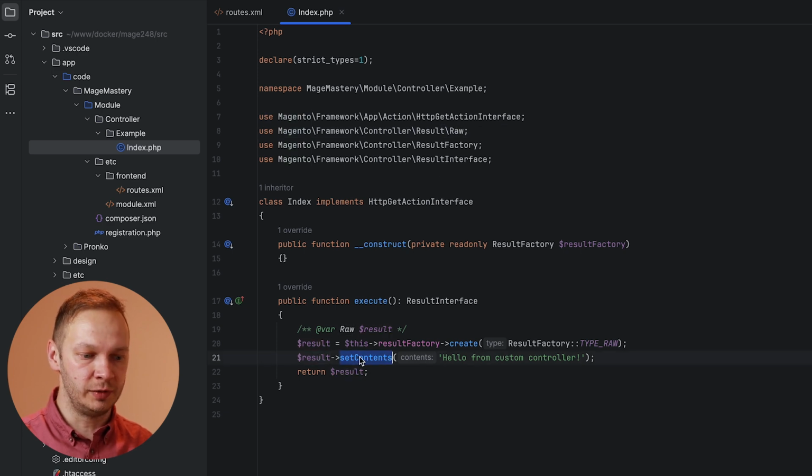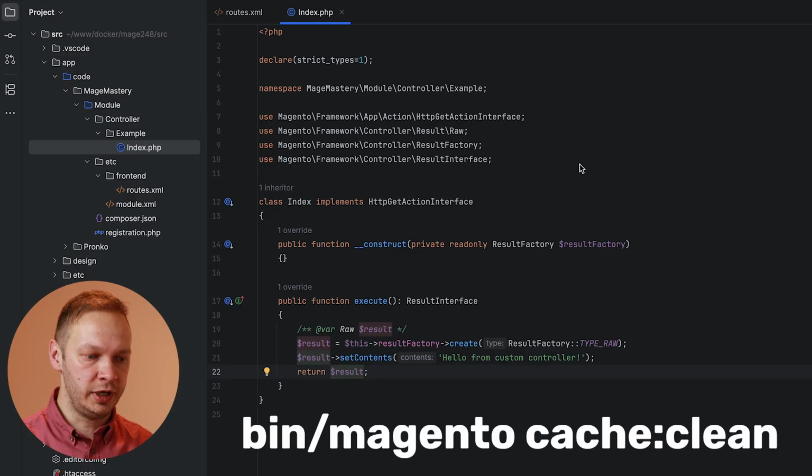And to this result we will set content. In our example it's hello from custom controller. It's a simple text in raw format, and we will return this result. Execute method is a method that has to be implemented part of the HTTP GET action interface and return result interface. In this way, when we will clear cache by running bin magento cache clean command